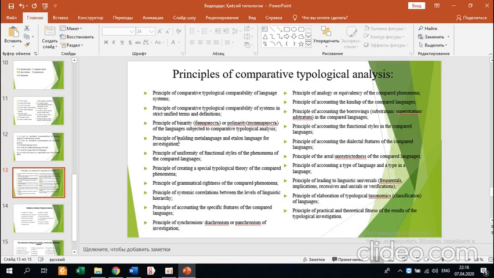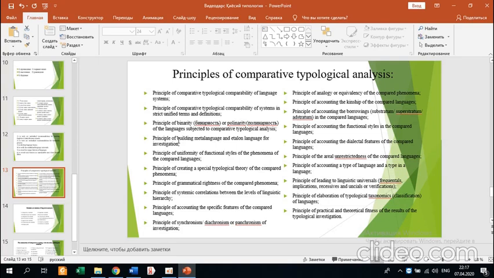They are: principle of comparative typological comparability of language systems, principle of comparative typological comparability of systems and strict unified terms and definitions, principle of binarity or polarity of the languages subjected to comparative typological analysis, principle of building meta-language and etalon language for investigation, principle of uniformity of functional styles of the phenomena of the compared languages, principle of creating a special typological theory of the compared phenomena, principle of grammatical rightness of the compared phenomena, principle of systematic relations between the levels of linguistic hierarchy,